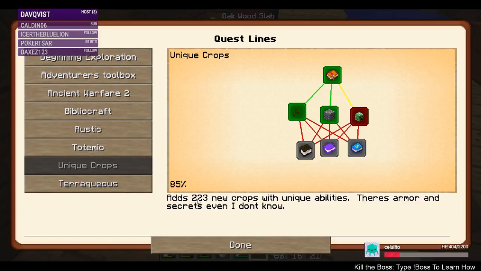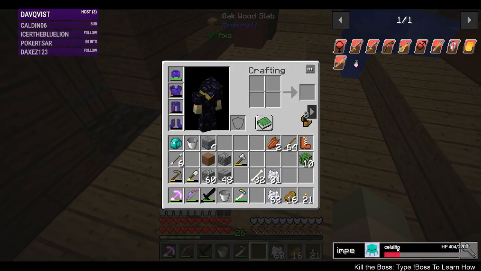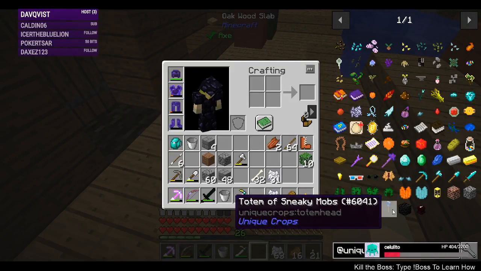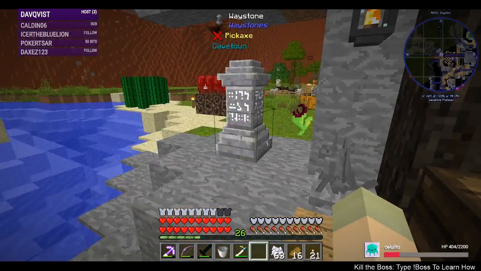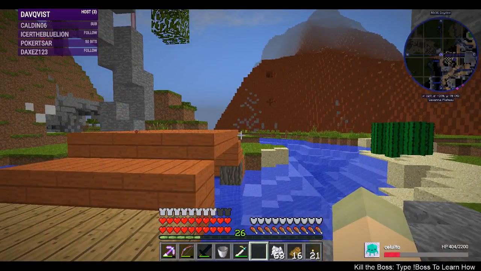I don't think it adds 223 new crops. Does it seriously? Because it doesn't show up. It's only one page. Don't know. Interesting. Okay, let's